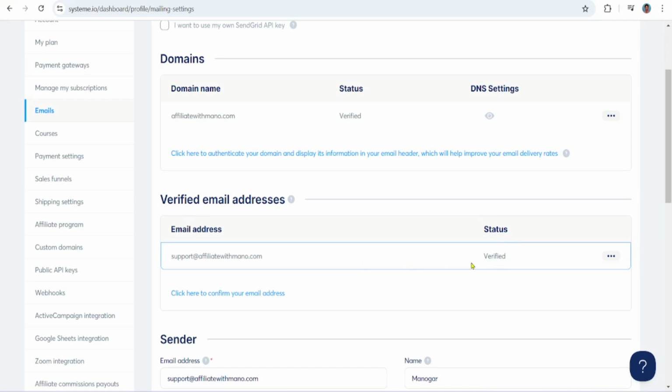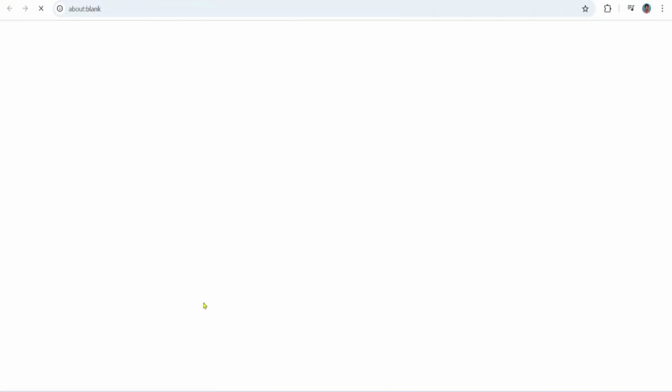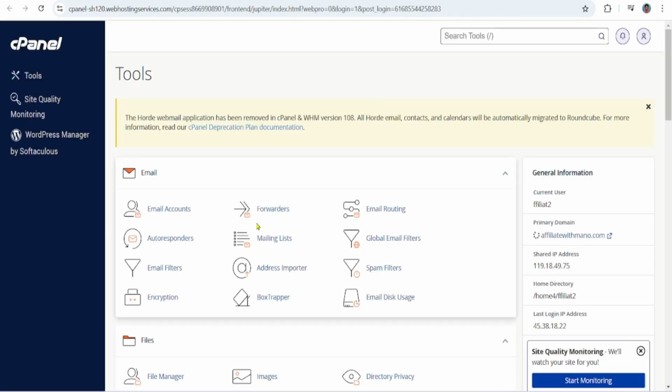So once you have done that, you need to go back straight to your hosting provider where the email address has been created. Now, in this case, I have created my email address under Bluehost. Now, you need to go to Bluehost, and under the advanced section, click on advanced section. So you need to check your email inbox for the email. So you can click on the email accounts,